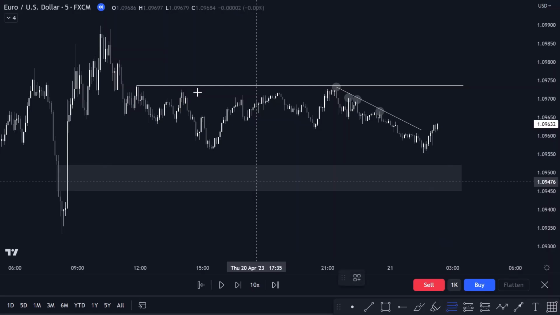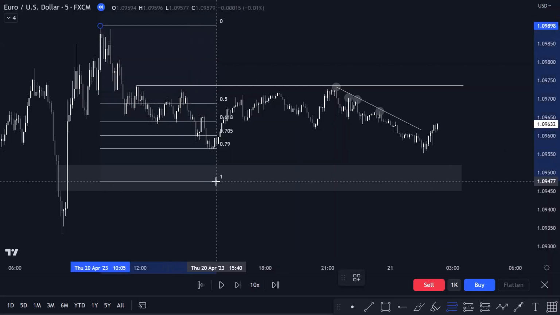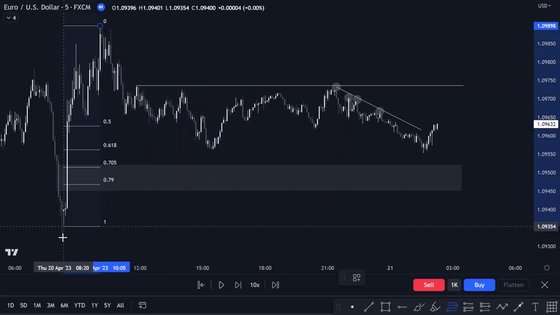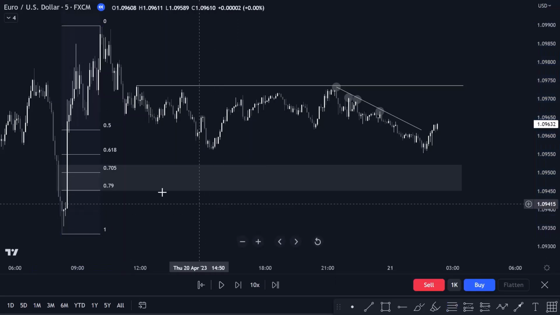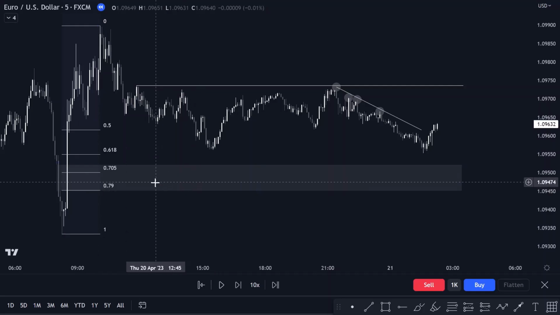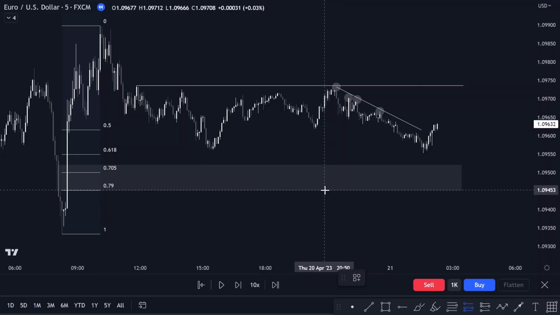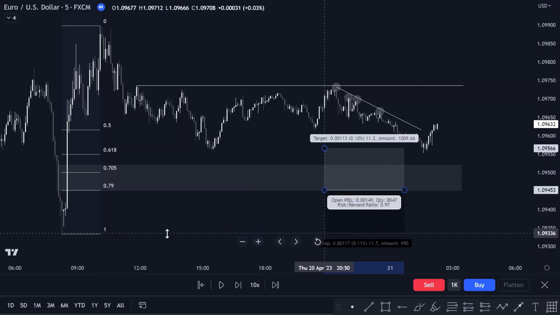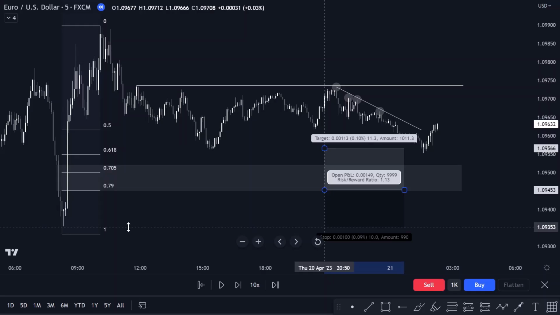I also used Fibonacci retracement. So if I use Fibonacci from here to the bottom here, you can see that the low of the balance price range is the 79%. So that's where I entered, somewhere in here, and then stop loss just below here,